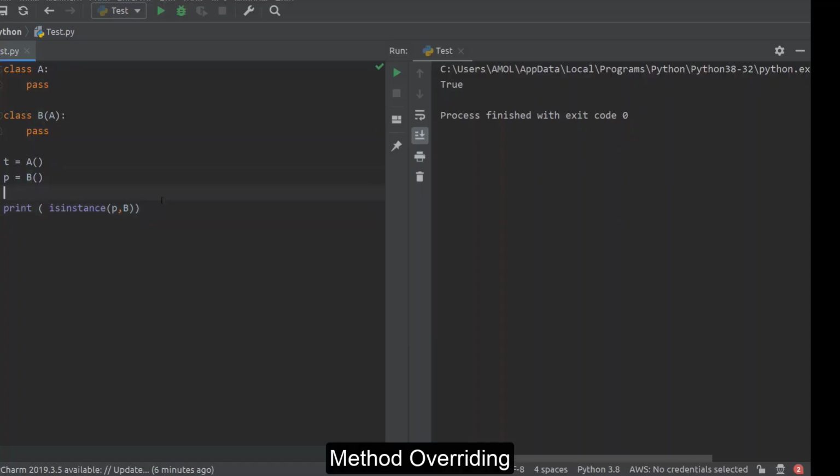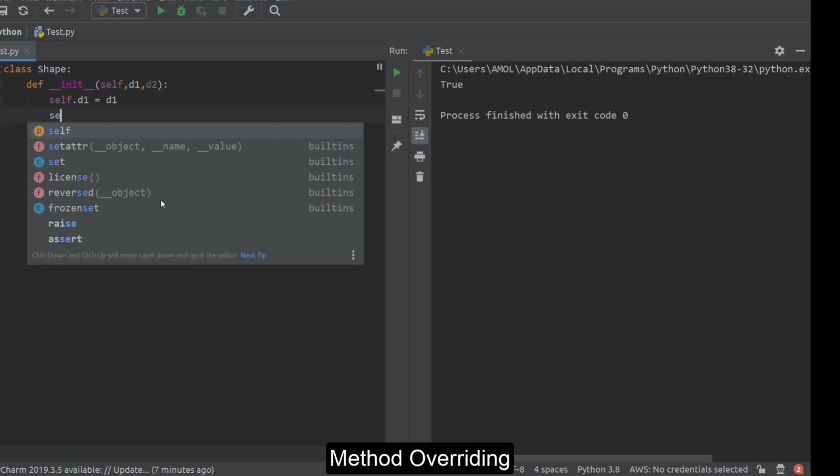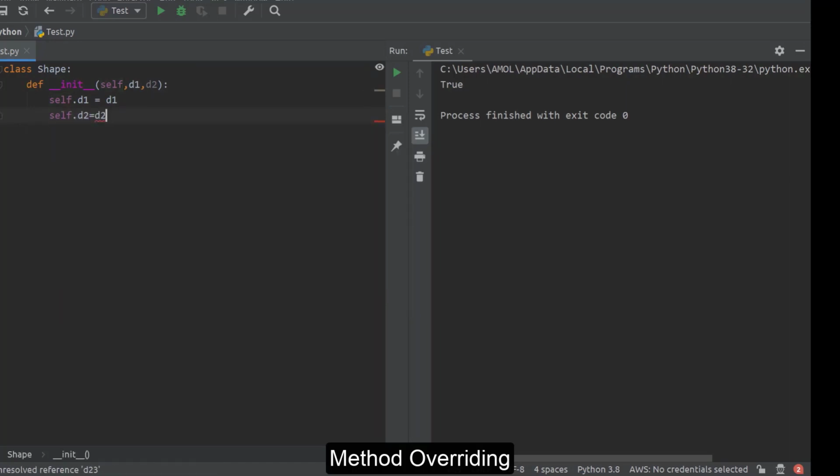See how we can say it here. Here we are defining one class, suppose Shape, which contains two dimensions that we are initializing by using the init method. Here we are defining two dimensions, d1 and d2. Then we are writing one area method. Here, as we don't know the exact shape, we can't define this method, so we are just printing something like no area.